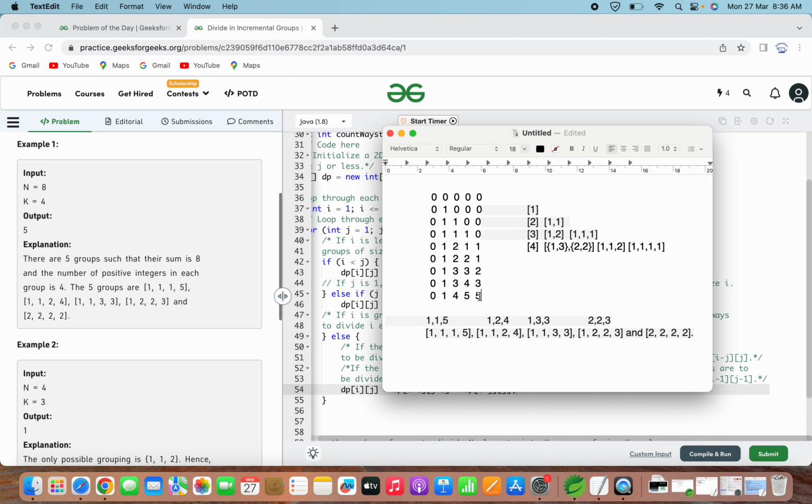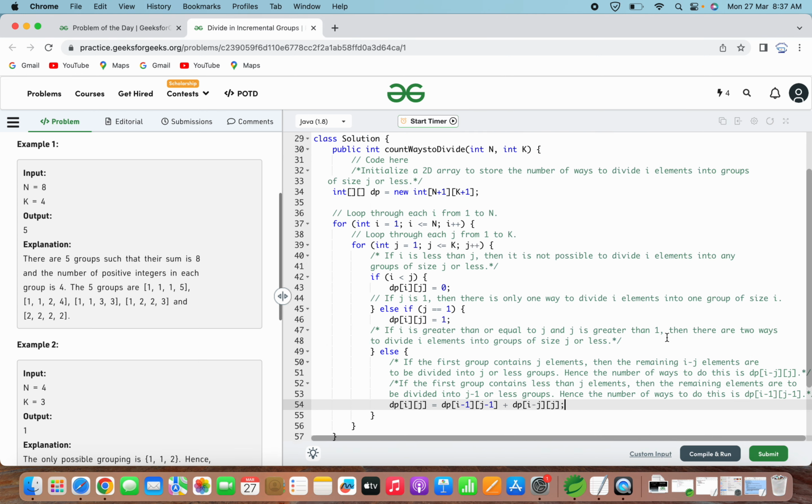I hope now it is very clear how we are getting all these operations. For this one, we are taking the previous step value and any other combinations whatever we have. So we are seeing that for getting 4, using a group size of 4, we had this option 1 1 1 1. To each of the elements in this group, if you add 1 1 1 1, then we will get this group, which is 2 2 2 2, which will sum up to 8 only. I hope this explanation is clear.